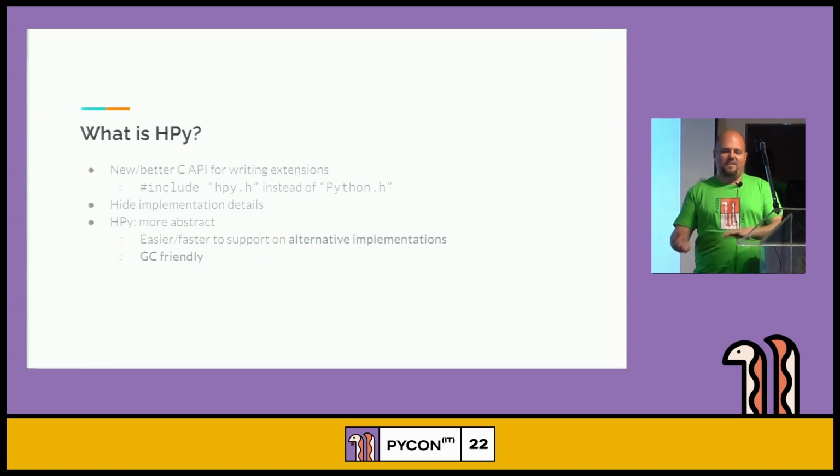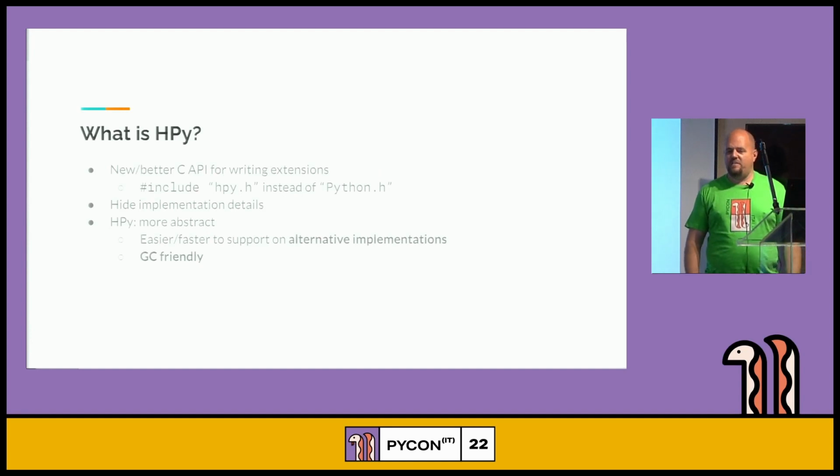So, okay, this was the problem, and now let's talk about the solution, HPy. So, the too long didn't read version. Instead of using #include Python.h, you use #include hpy.h, and you use this new API which tries to solve the problems which I talked about. In particular, it's GC friendly, and it hides implementation details by default,